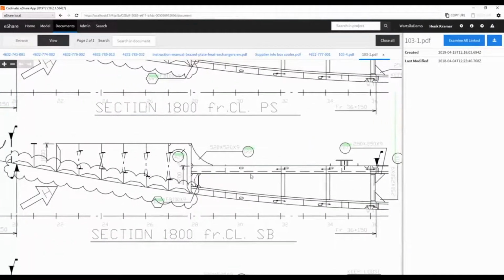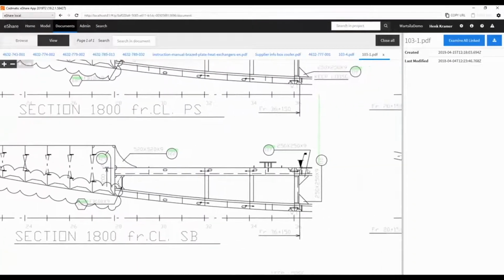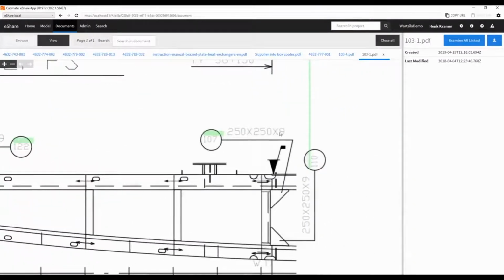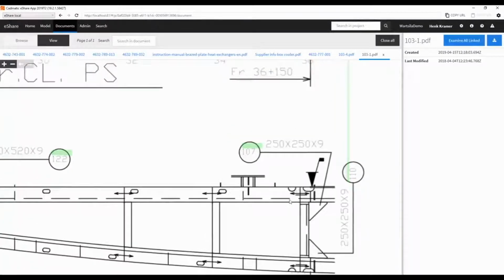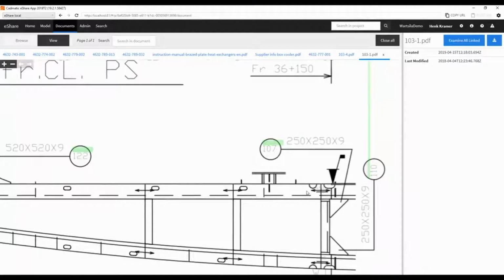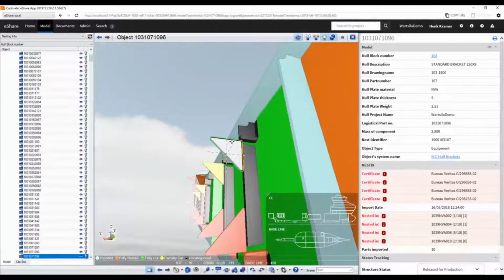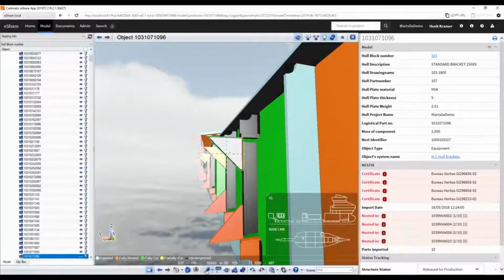Now, what is a big benefit of using digital drawings is that you can make a link back to the model, which means that if something is missing on the drawing, if a dimension is missing or a label or an annotation, production doesn't have to call engineering to update the drawings, replot the drawings, send them to production, and make sure the old documents are gone. They can easily get the information themselves from the model. By simply clicking on the part, you immediately go in the 3D model to the part. Since I already explained that the measurement functionalities work in eShare, you can immediately measure the distance between the parts,